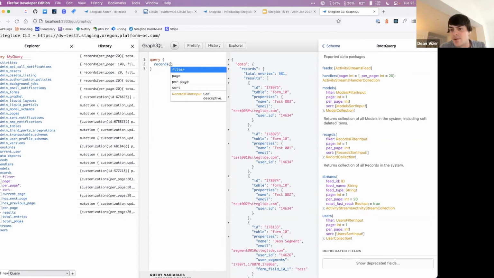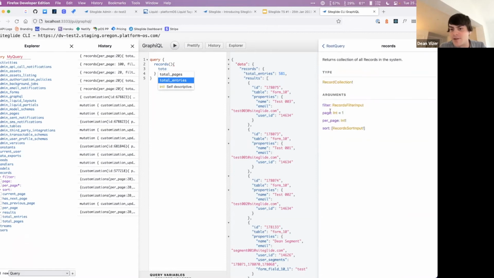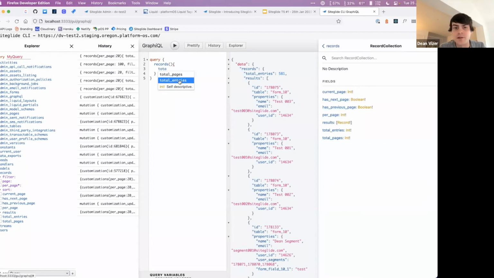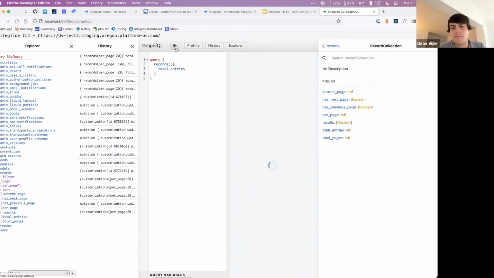And again, now we've got the options of filter, page, and sort. Say we skipped all of them. I'll come back to why. And then you can go into records and you can see all the available output from those. So I just want to see how many records are in the site, let's say. If I run that, I'll get an error. So there are certain parameters that are needed